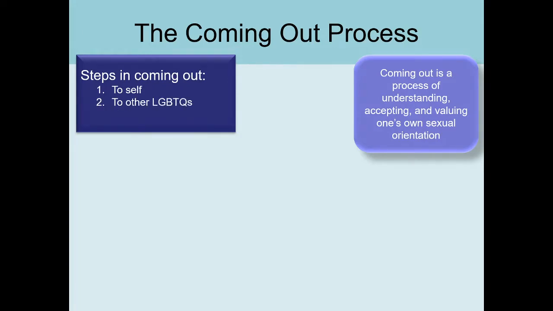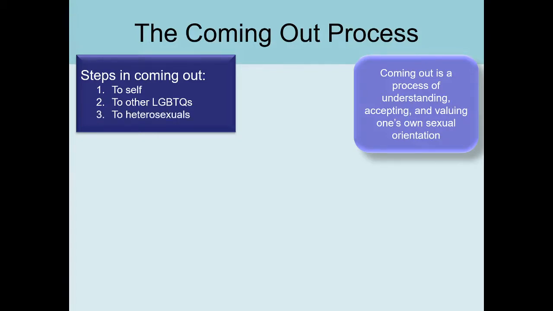The next step oftentimes is coming out to other members of the sexual minority community where they feel comfortable that these people are probably not going to react badly, and they're probably going to be supportive. And so a lot of times people who are in the process of coming out will start to make friends who are maybe outside of their regular friend set because they belong to the LGBTQ community, and they feel that these people will be supportive. They know where they're coming from. They can imagine the situation that they're in, things like that.